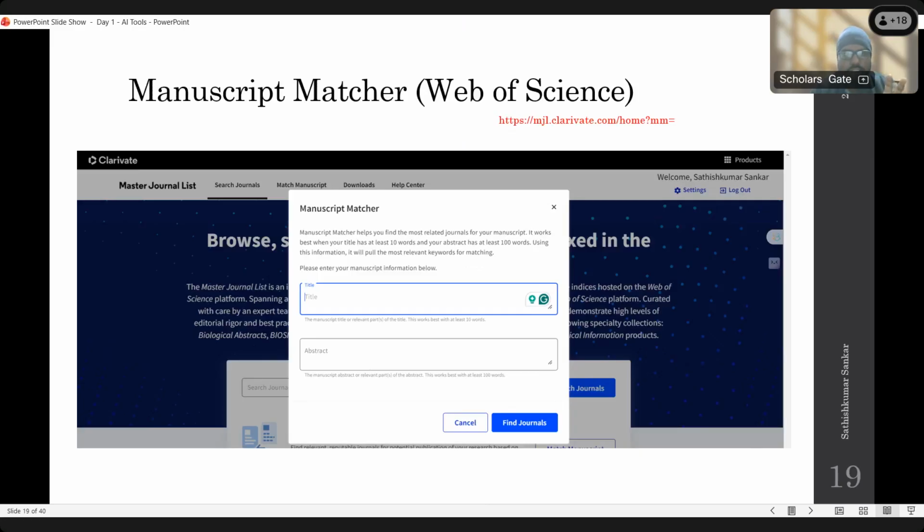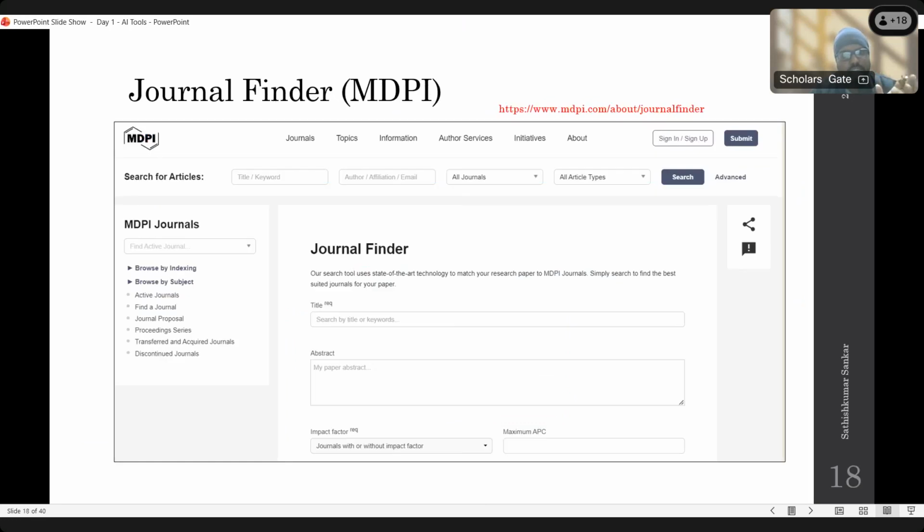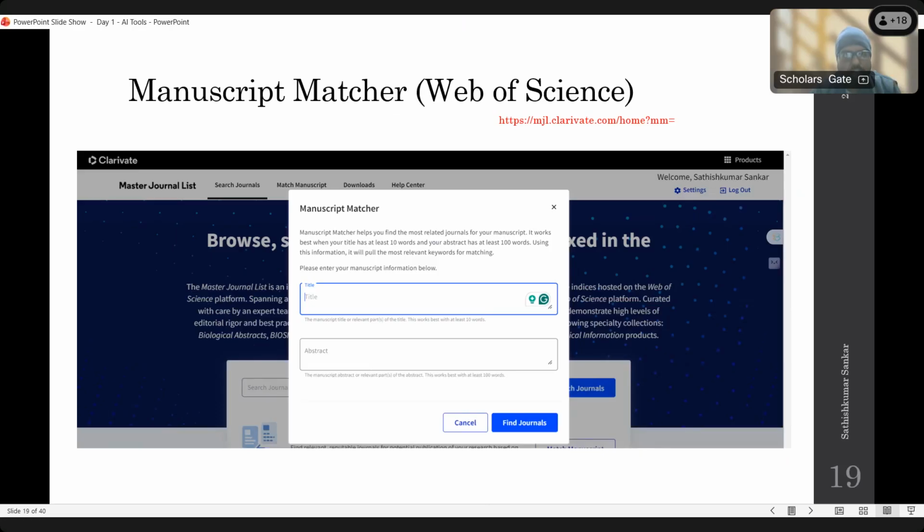The other journal suggesters show Web of Science journals, Scopus journals, emerging sources citation indexed journals, and different types of indexing. Everything is shown. But if you use the manuscript matcher, it will show only Web of Science indexed journals, through the Web of Science database.